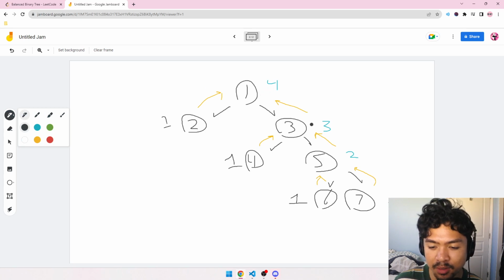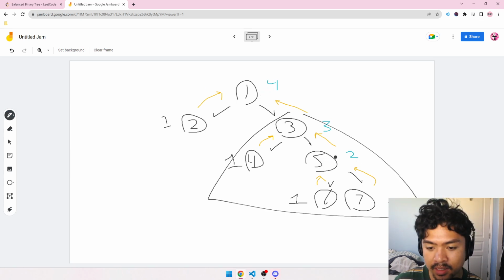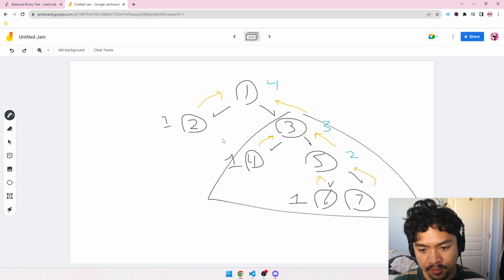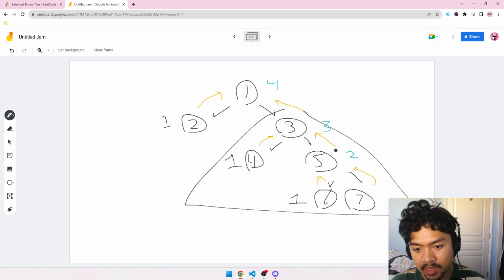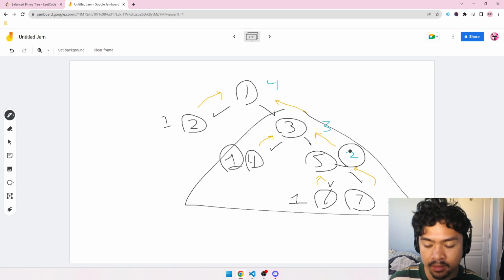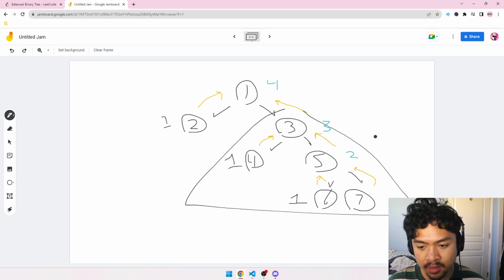Yeah, I think it happens at this node, but it doesn't happen here because these have heights of 2 and 1. So I think we have to check. I think here, once we get the left and right, we have to check if the max of 2 and 1